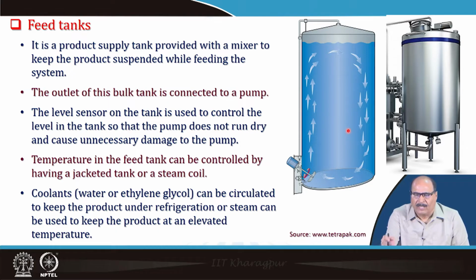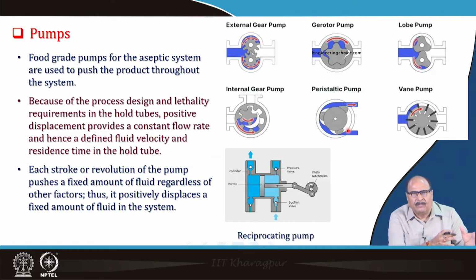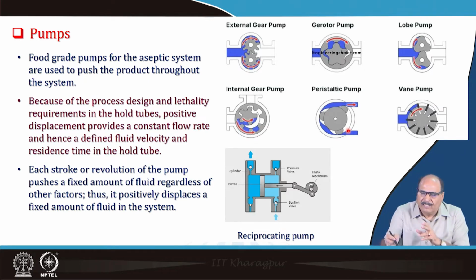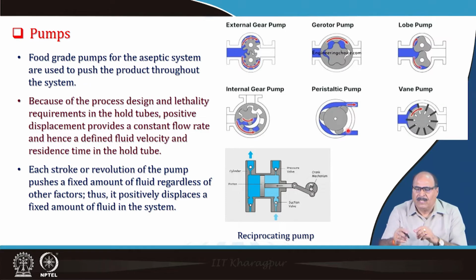So, all those arrangements are provided in the feed tank. Then, as I told you, from the feed tank with a suitable pumping system, these are conveyed to the heat exchangers. Here the different pumps, and schematics of how the different pumps work, are shown in the figure. So, generally food grade pumps for the aseptic systems are used to push the product throughout the system, and because